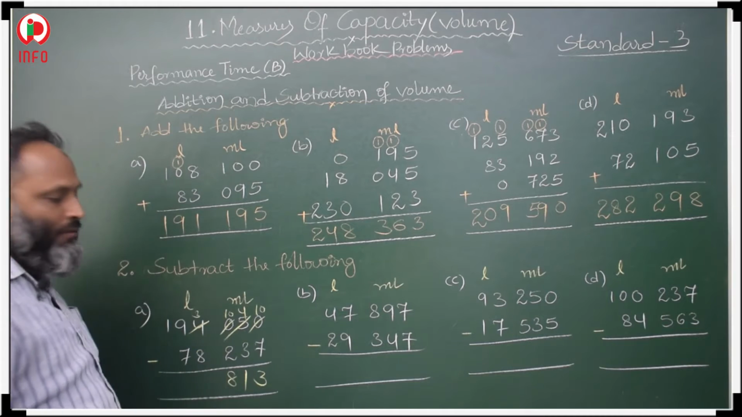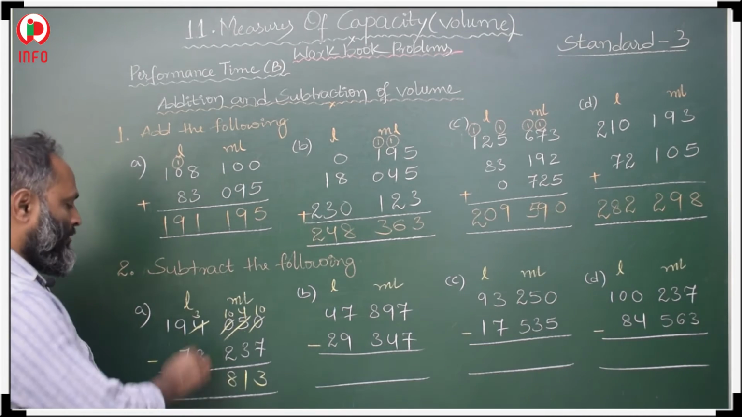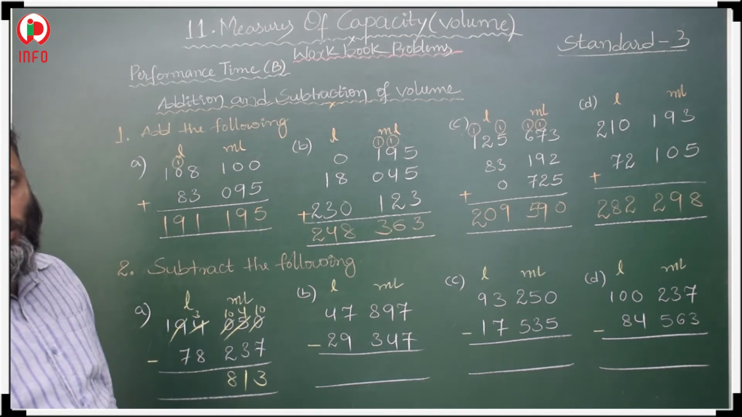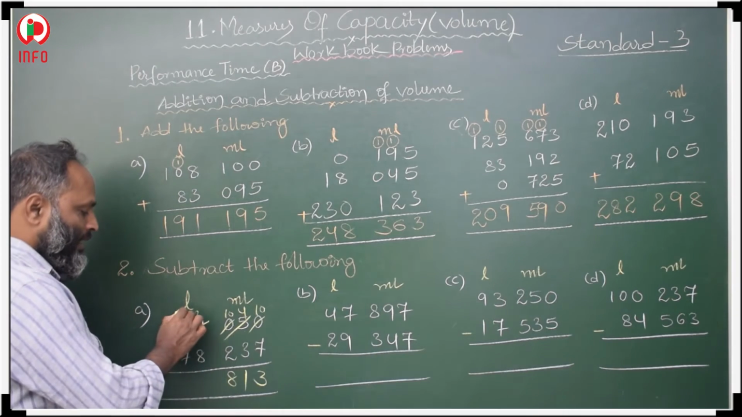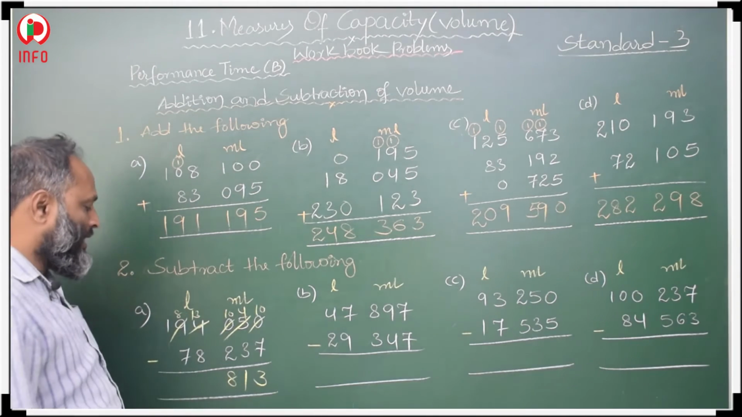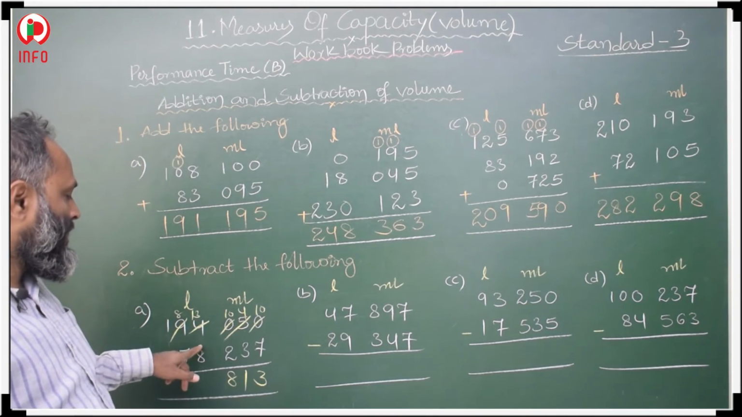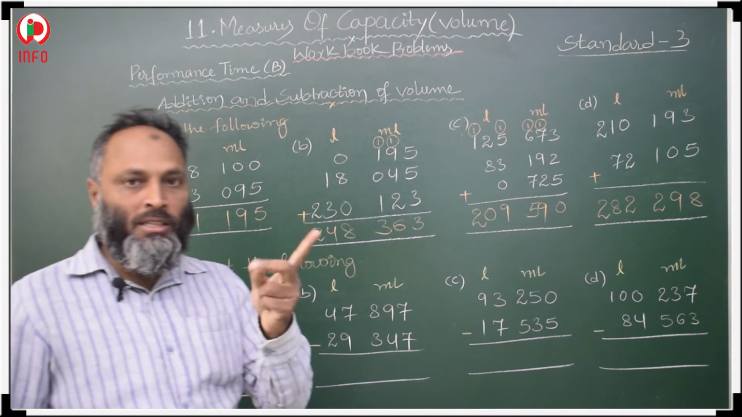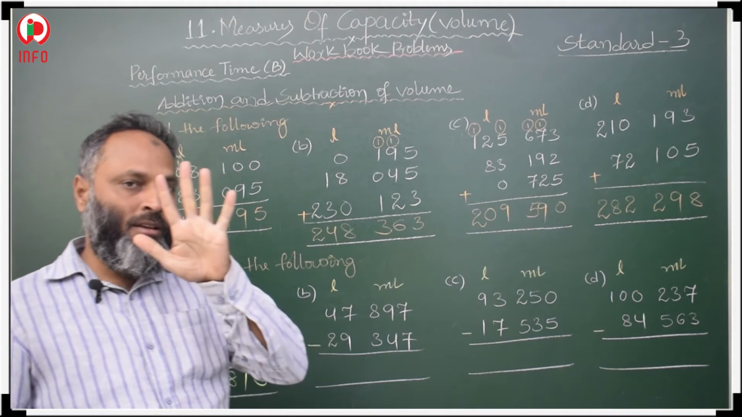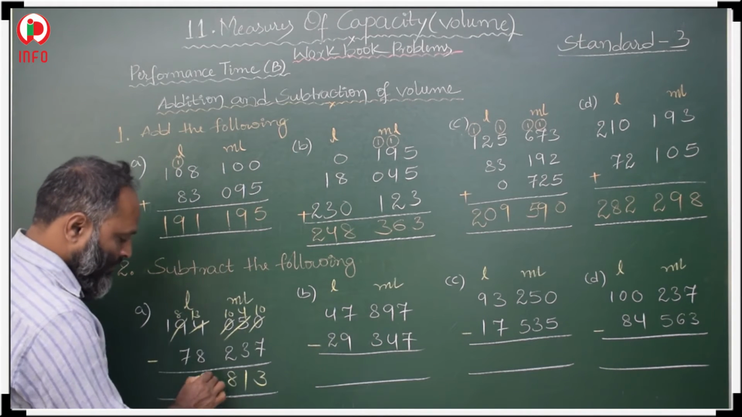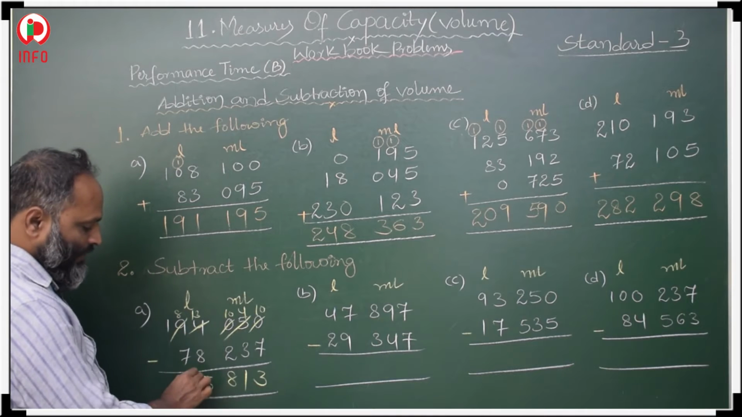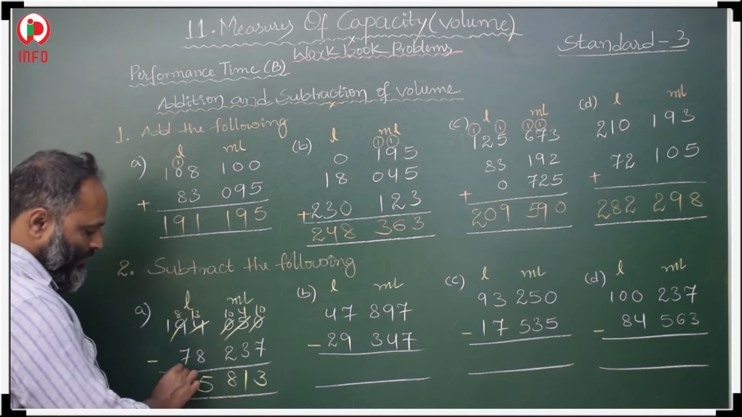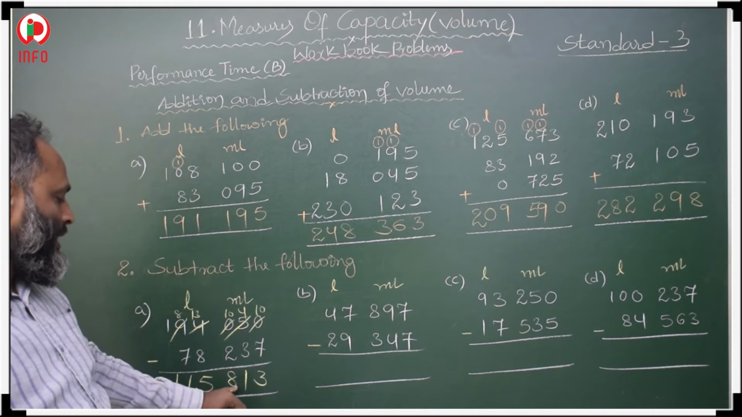3 minus 4 we cannot subtract, again take a borrow from the next, that is the tens place of liters. Then you will get 8 here, you will get 13 here. 13 minus 8 means 8 to 13 we have to count: 9, 10, 11, 12, 13. It is 5. 8 minus 7, the difference of consecutive numbers is 1, and here 1. 115 liters, 813